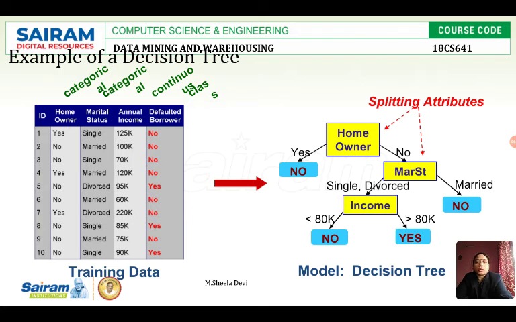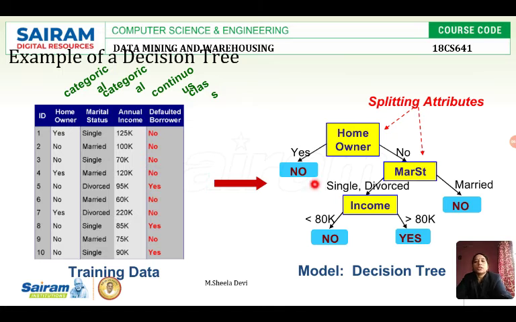So with these 3 properties, if all the 3 conditions are satisfied by any classification, then he will be called a defaulted borrower. Otherwise, he will not be a defaulted borrower. Okay, now first with the training set, we will create the decision tree with which we can decide whether he will be a defaulted borrower or not.